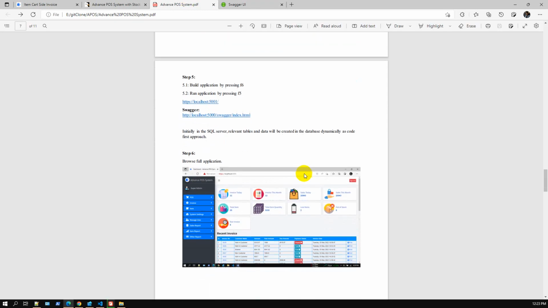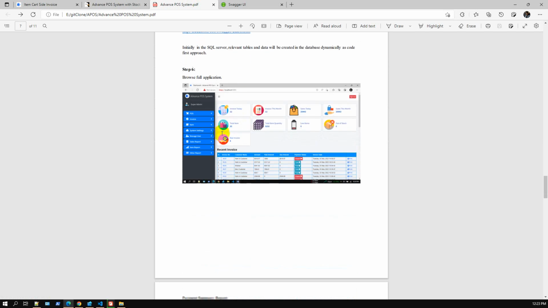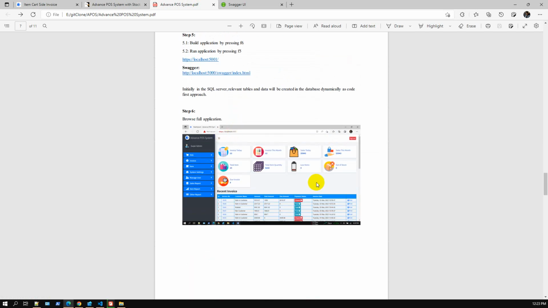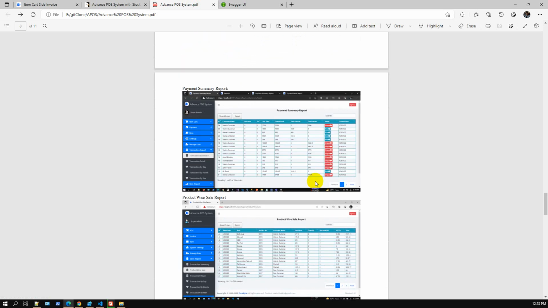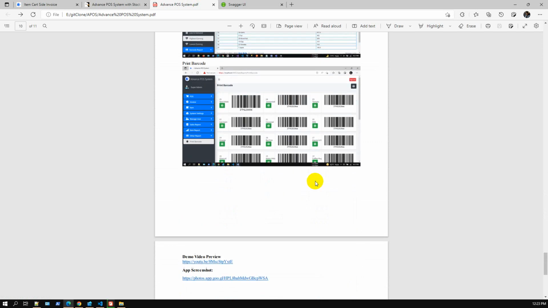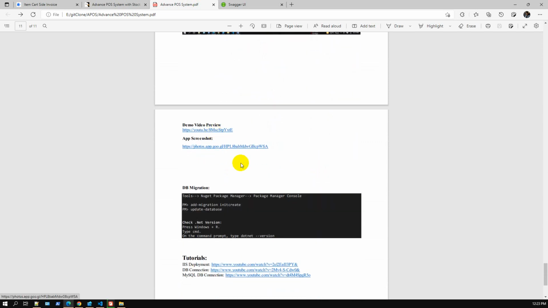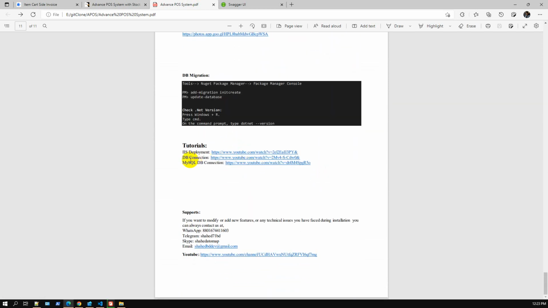So let's resume the documentation. You can run the project, and the port number will be 5005. It was old documentation. Anyways, I will update it later. Here's the main dashboard screen, some report screens, also the demo video, app screenshots, some tutorials, IIS deployment, DB connection,